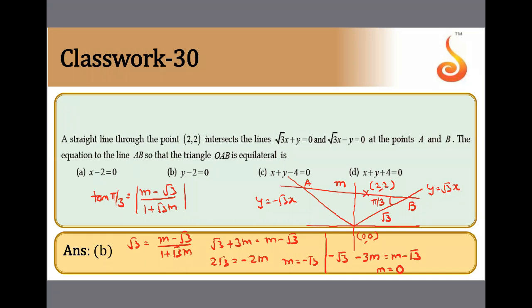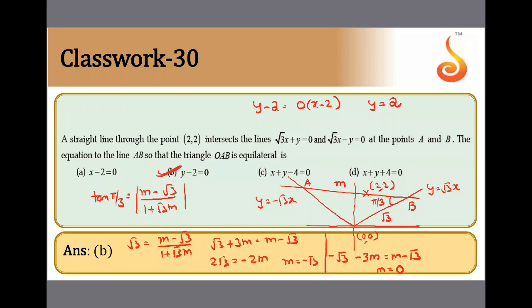Now what's the point? (2, 2). So y minus 2 is equal to 0 into (x minus 2). From this we get y is equal to 2. Correct? Any doubt in this? Equilateral triangle means the included angle is always pi by 3. So we used (m1 minus m2) upon (1 plus m1 m2). Using that concept, we got it. Clear?